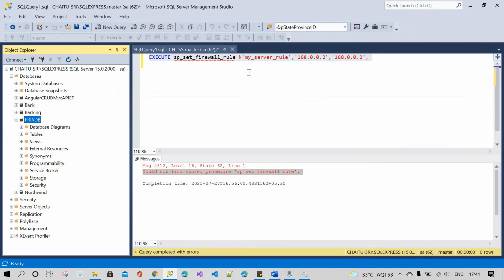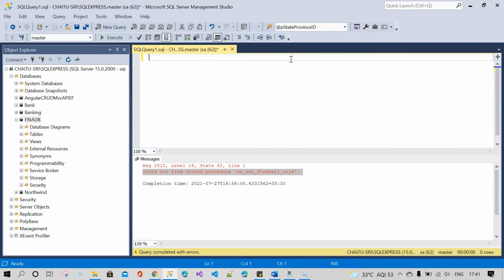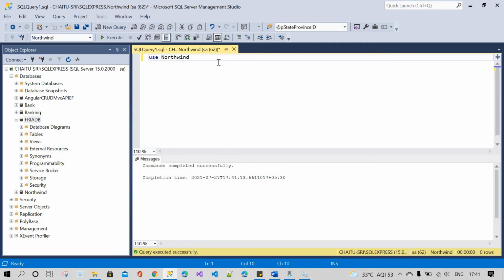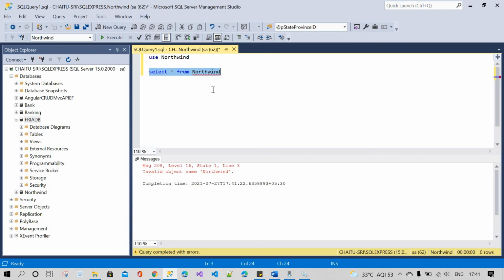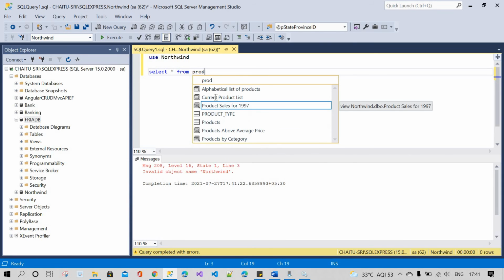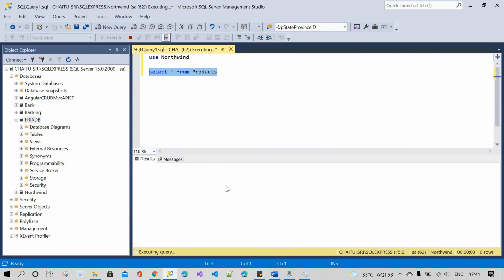Before that I will show one thing. Actually I am copying this products table.